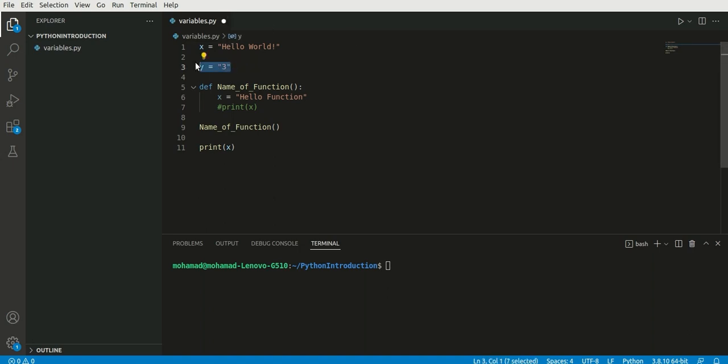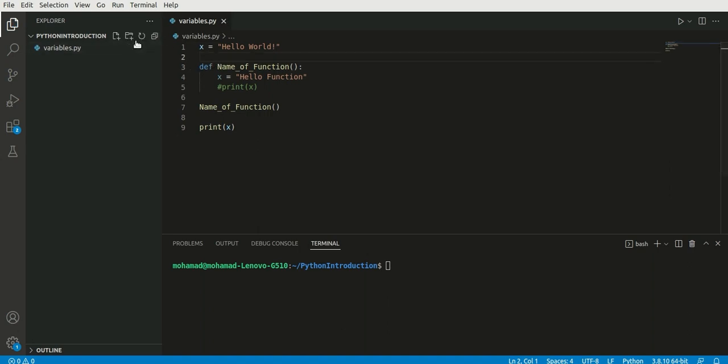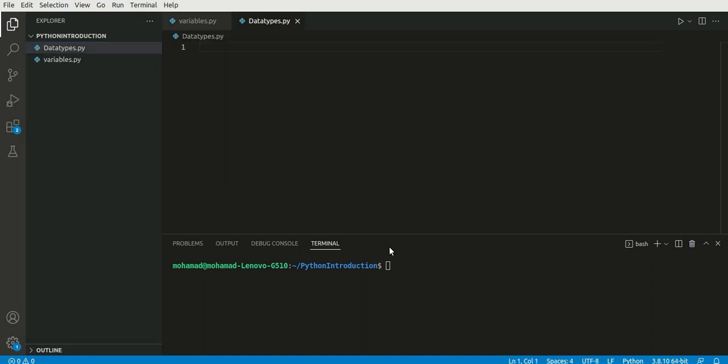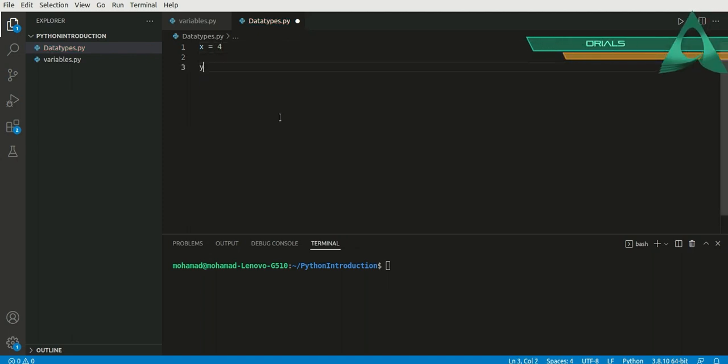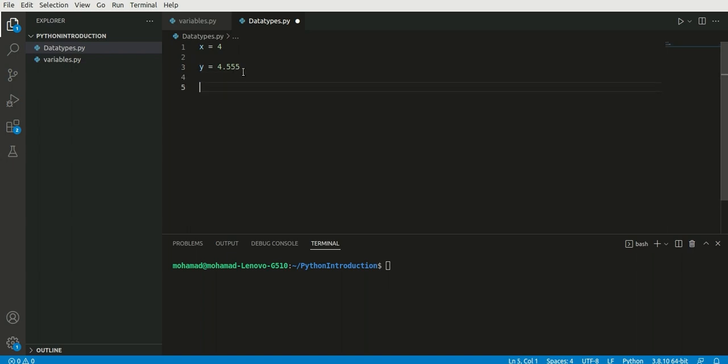And so let me omit this part and also create a new file. I'm going to name it data types.py, and here I'm going to get started with the simplest kind of data type, which is integer. The next one is float, for example 4.5555,